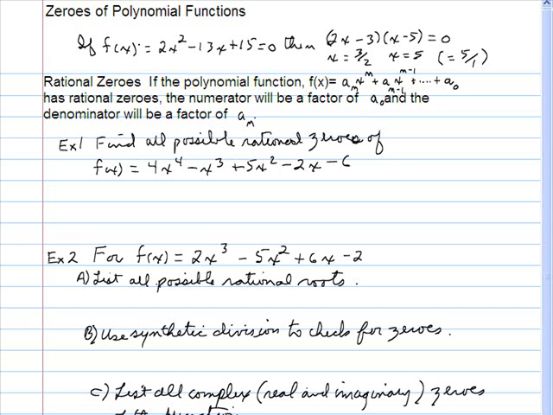If I want to find the zeros of that function, I want to find values of x where f of x is 0. So I just set f of x equals 0. If I factor that out, I get 2x minus 3 times x minus 5 is 0. To check that's the right factoring, I'll do the first term, 2x squared. Negative 3 times negative 5 is plus 15, and negative 3x minus 10x is negative 13x. So those are the two factors, and that leads me to the solutions, x equals 3 halves and x equals